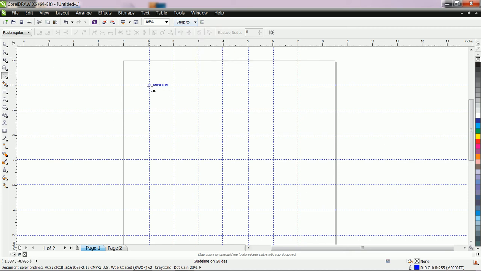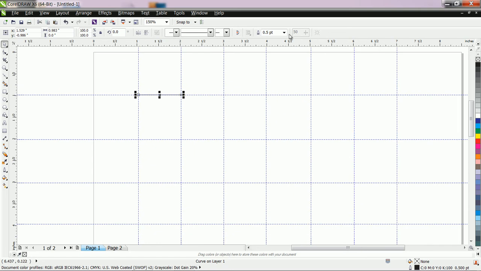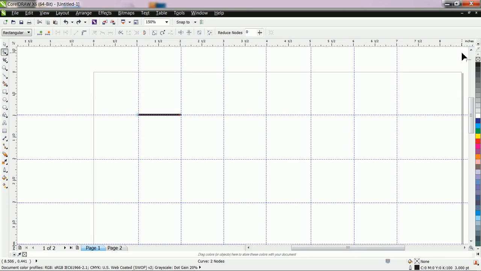Now let us create a single line. Click on an intersection point and then end on another intersection point, and immediately click on pick tool. Now let us increase the weight of this line. How to change this line to a curve? Because if you want to edit this line, it will by default edit only in a straight line way. Then how to convert it to a curve?